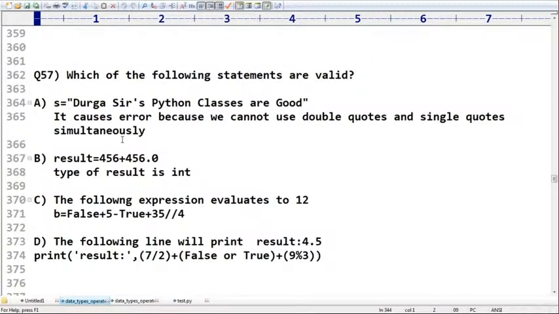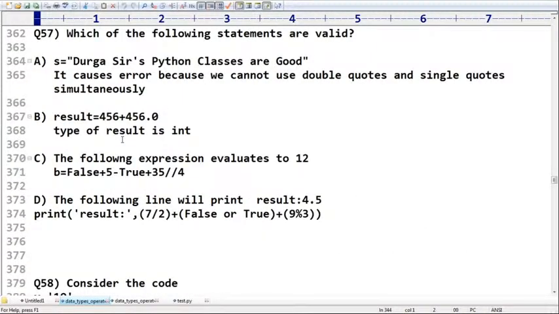Which of the following statements are valid? S is equal to "Durga sir's Python classes are good". It causes error because we can't use double quotes and single quotes simultaneously. Option A. Second option, result is equal to 456 plus 456.0. Type of result is